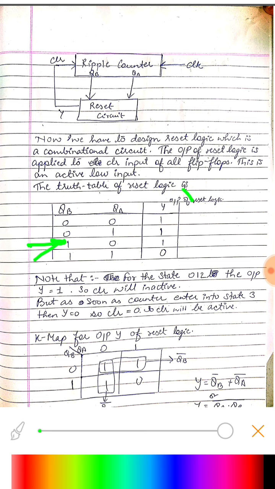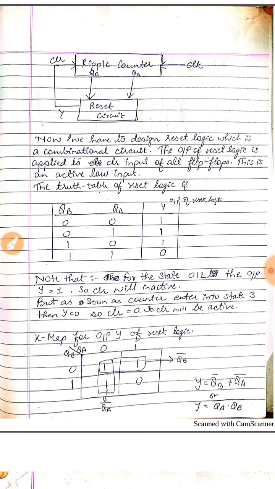If this is the output function, this is our reset function, which we will implement using some gates, that is a combinational circuit. It would remain high until we reach 2, and as soon as we reach 2, it must be 0, because we want the circuit to reset after 2. So this is our y, and we can find the logical expression for this using a K-map.